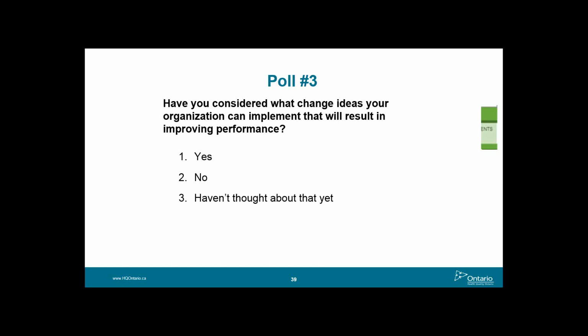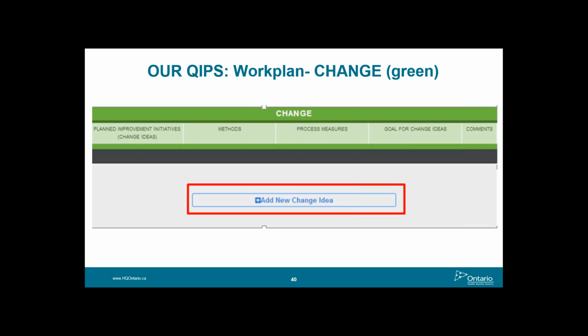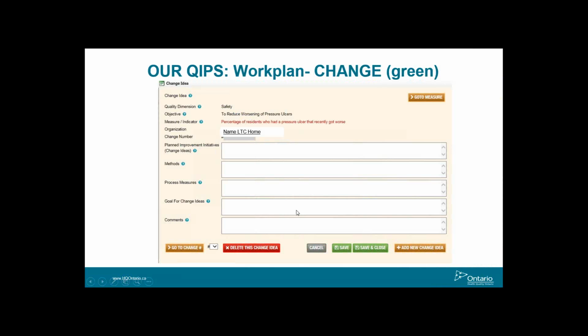So when you click on the green section of your work plan, you'll certainly get your planned improvement initiatives, your change ideas. Then there's a method section, a process measures section, the goals for change ideas, and a comments section. And you would click on add a new change idea, and that will bring you up this screen,